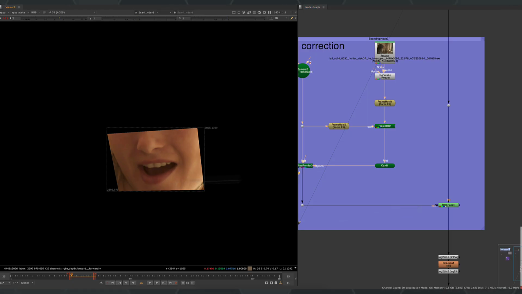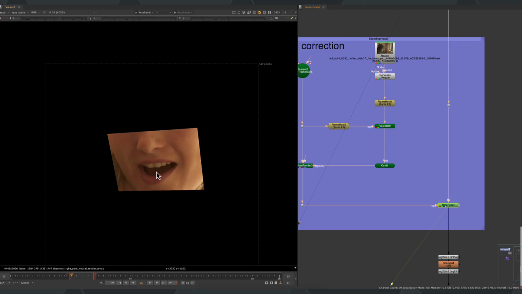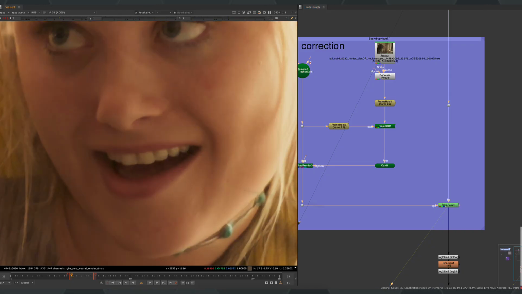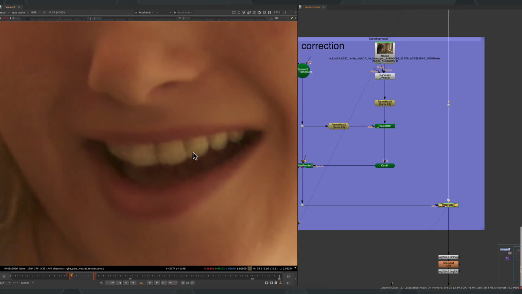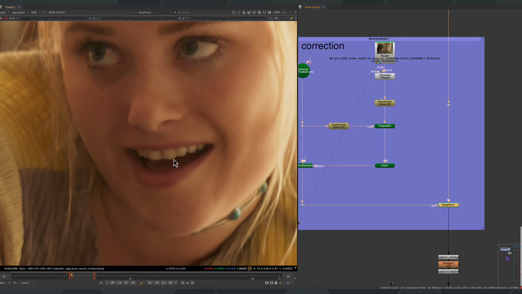And then once we've got these teeth in, you can comp these in however you want. Just for today, I've got this pretty simple paint through. So we can see that before there was maybe some artifacting, a bit of an edge on the mouth interior and the teeth here. And then we can just reveal those plate teeth, and that's looking a little better.